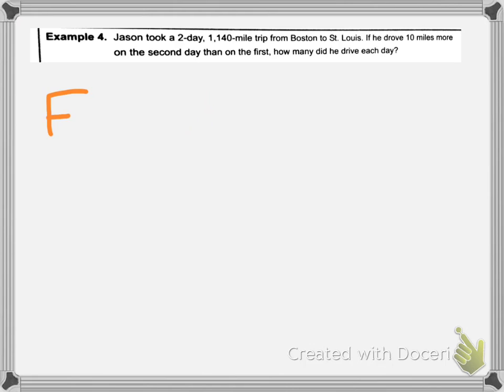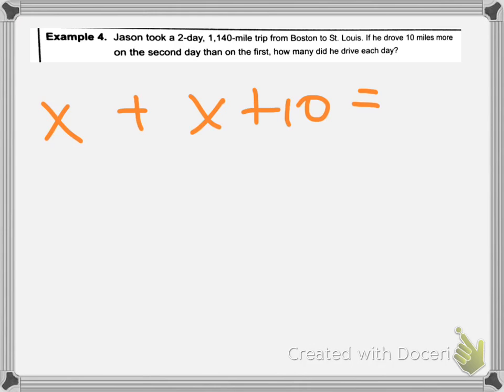Oh, okay, so you want to do it that way. So we want to do X and X plus 10. Yes? And then equals 1,140. So we add them together? Mm-hmm. So we add that together, and that equals,